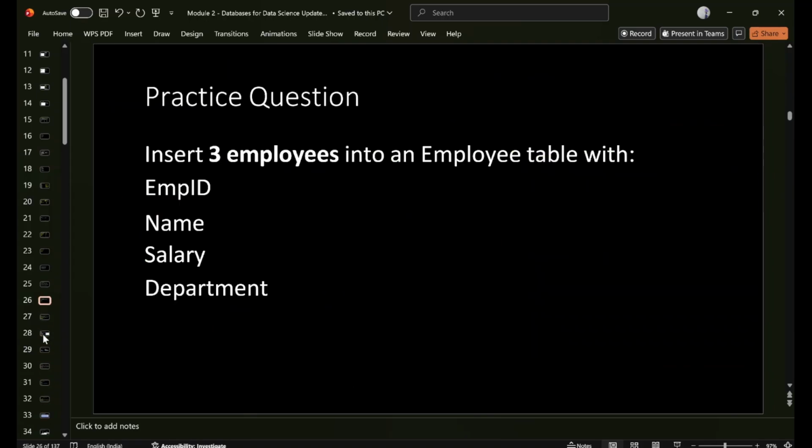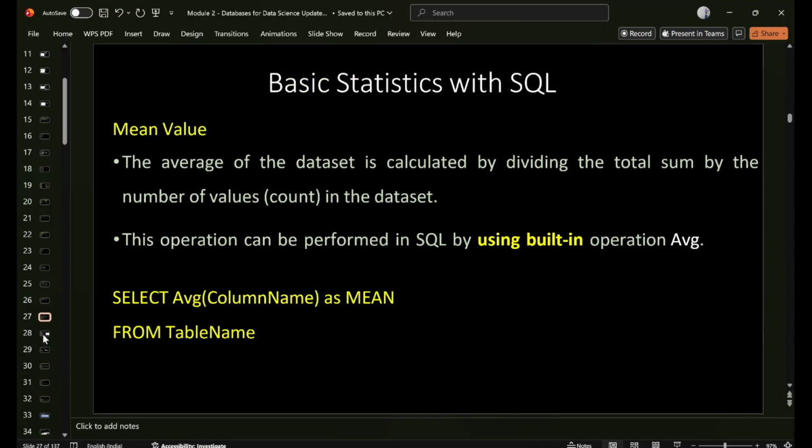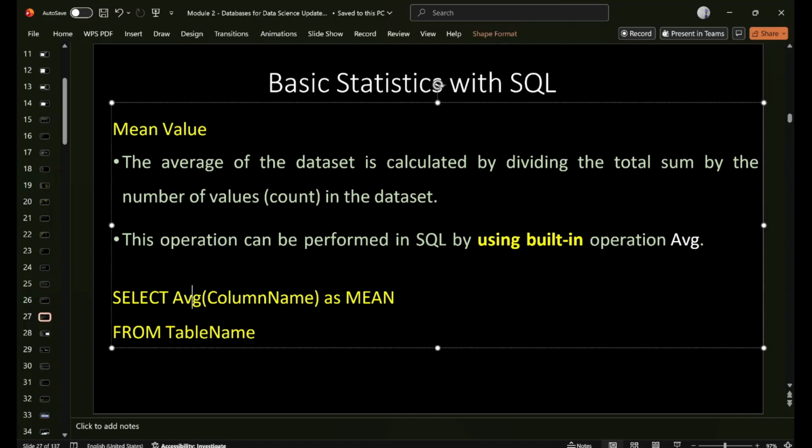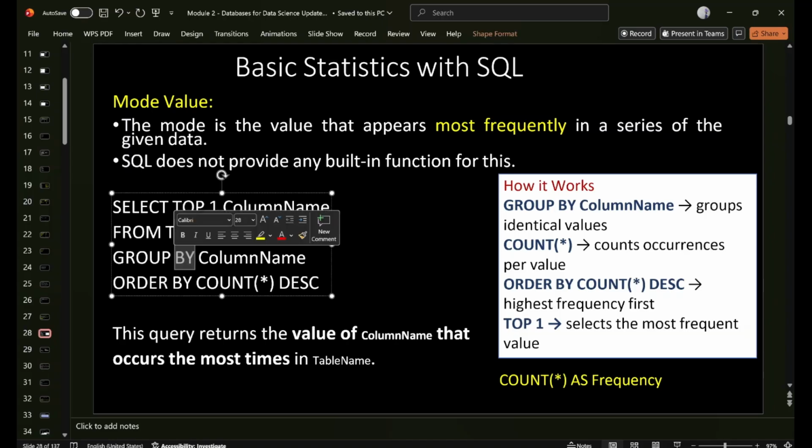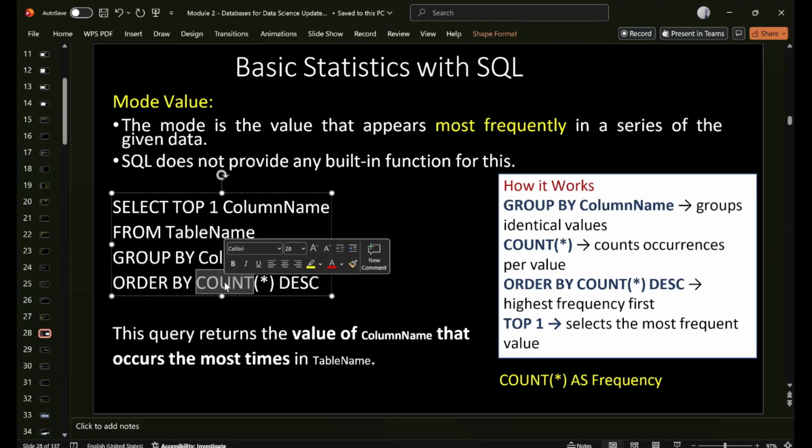Next, let's look at basic statistics with SQL. The average of the dataset is calculated using mean. The function used for this is average, AVG. We also have the function to calculate the mode of the data set. We will group by whatever column we want to group and then we will order by the count. Count is basically used to give you the frequency of